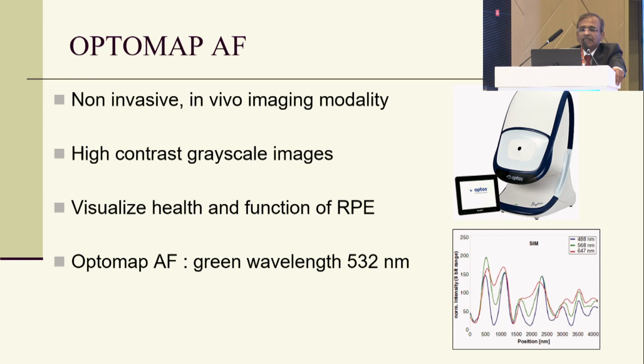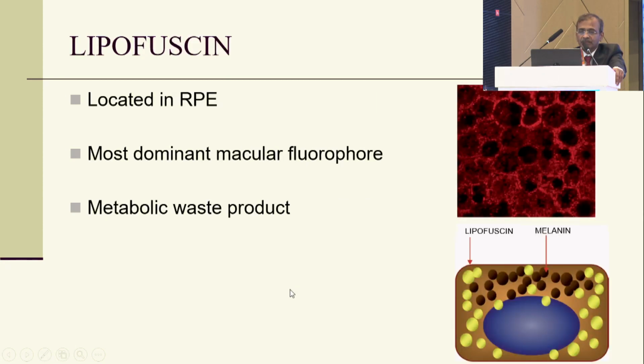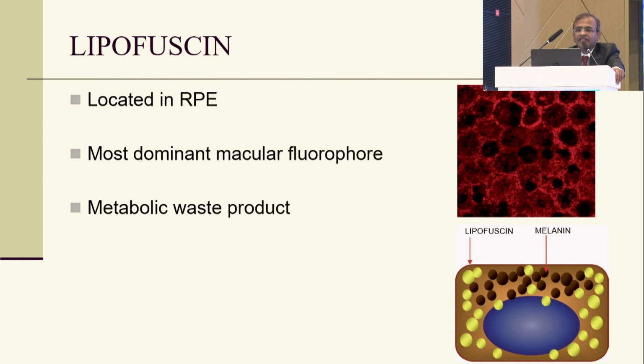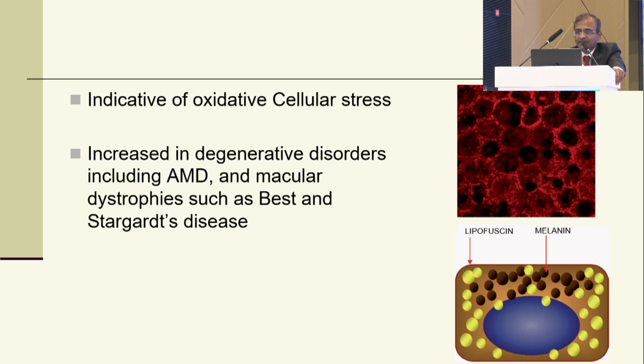Here in the autofluorescence mode, we use the green wavelength of 532 nanometers. Now, basically in autofluorescence, the lipofuscin pigment is the important pigment which is located in the RPE. It is the most dominant fluorophore, and it is basically a metabolic waste of the photoreceptors. It is indicative of oxidative cellular stress, and it is increased in degenerative disorders like AMD, macular dystrophies, Best and